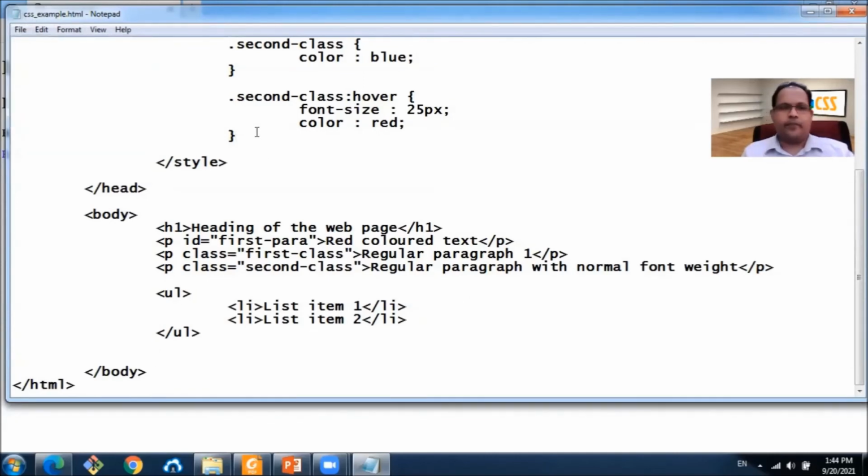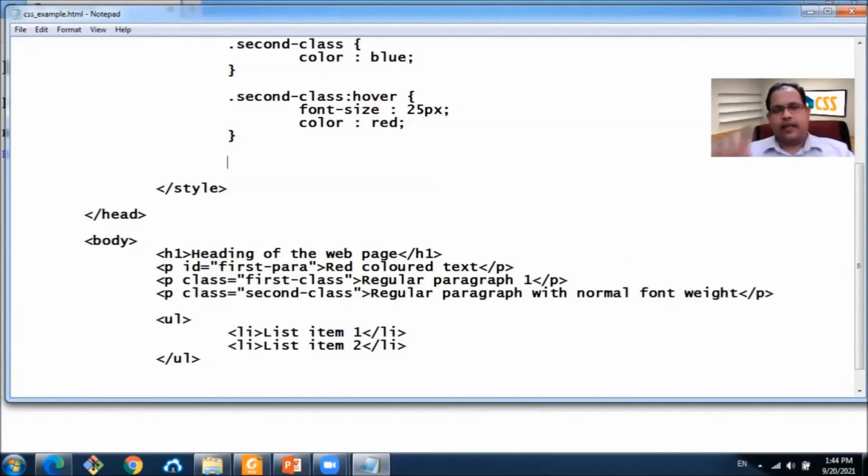Now here, we can apply a particular style to the element within an element. To do that, we should first specify the unordered list, space, and then the element within the unordered list, that is the LI element.